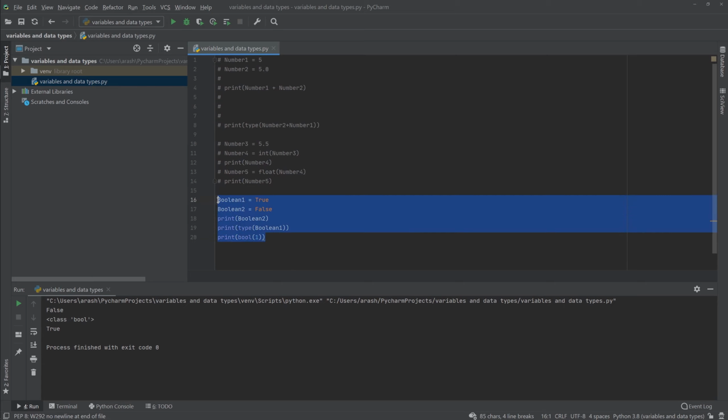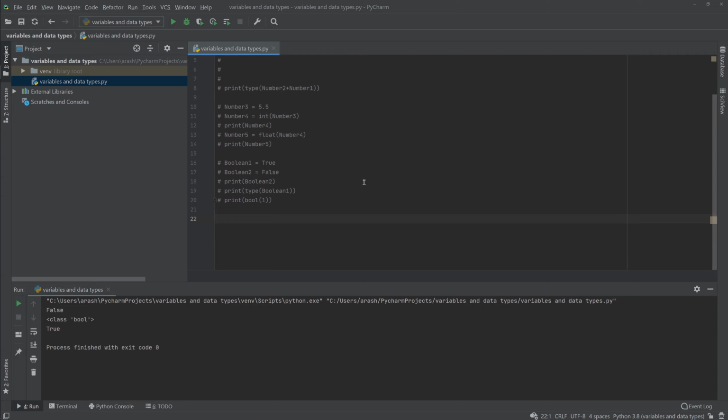So that was it about the Booleans. We don't really have that much about Booleans. And let's talk about strings. Well, strings are pretty easy. We have talked about them before, but let's now create a variable, call it name, and let's store our name